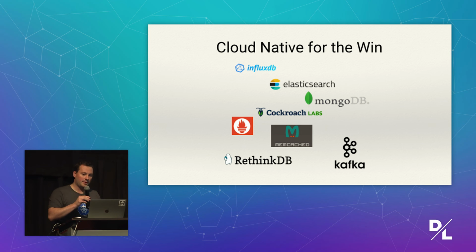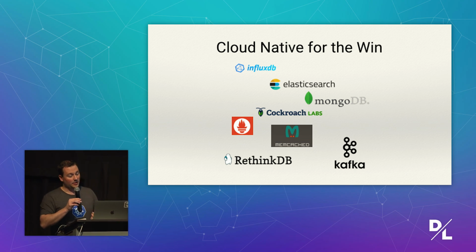But remember, there's a big gap between getting something to run in Kubernetes and making it production ready. This is especially true when we're talking about persistent storage systems. If you lose your data, you might be in big trouble, especially if you're in a company that's got auditing requirements. So make sure that it is in fact production ready before you run it. Kubernetes operators can help with this. So if your database happens to have an operator, jump on board, get involved with that, because it's probably the right long-term direction to run that database inside of Kubernetes. But in the short term, expect to build your own extensions for your specific use cases.